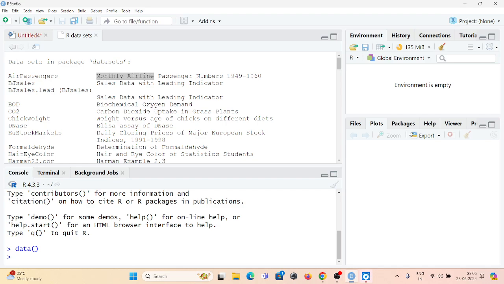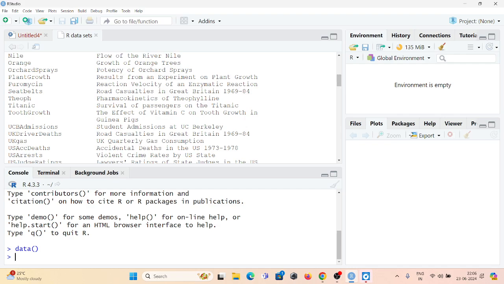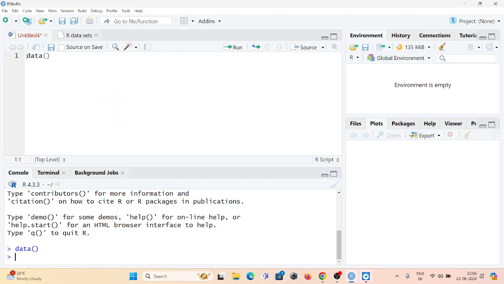And we can also do one thing: you can click on the data sets one by one and check which data set consists of the NA values, that means the missing values, right? So after checking the data sets present over here, there are so many data sets. I have checked all of them and I know that there is a data set called airquality that consists of NA values, right? So whatever we do now, we will write within the data function the name of the data set, that is airquality.